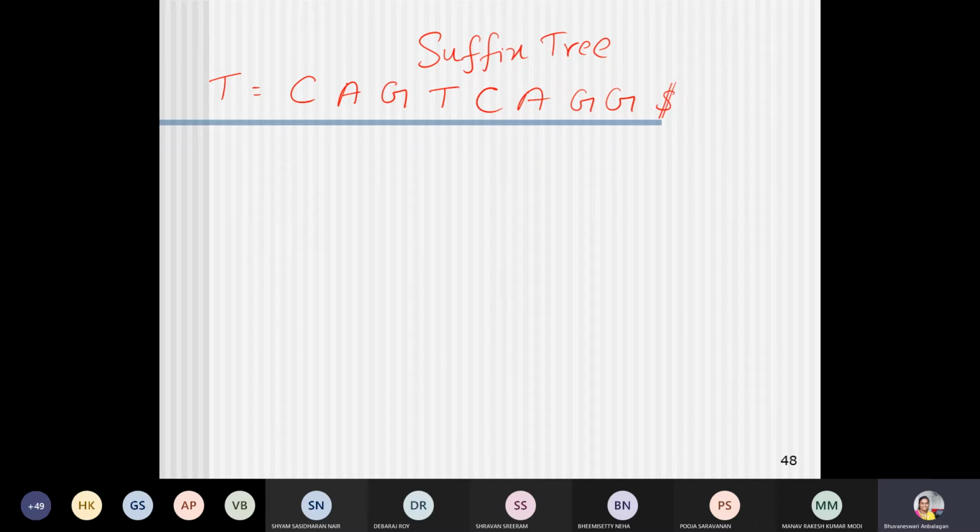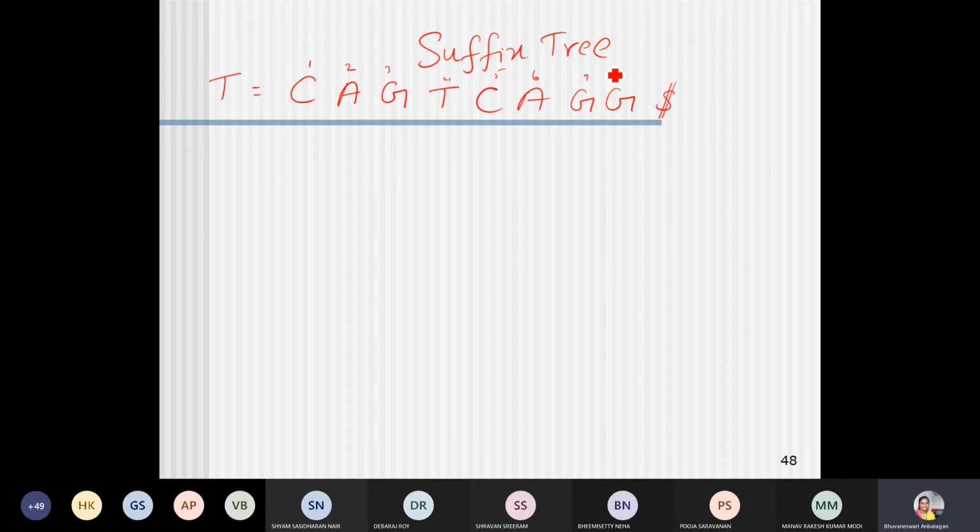This will be the same as that of a suffix array. The only difference is we won't come up with the uncompressed array; instead, we will go with the compressed array. I'll give the numbering 1, 2, 3, 4, 5, 6, 7, 8.